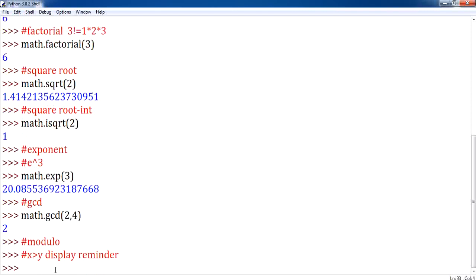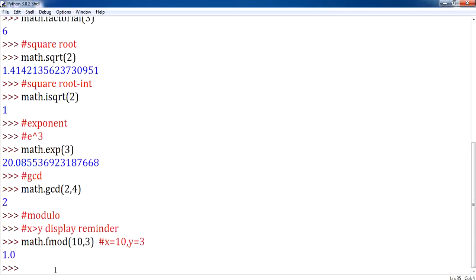For example, let me give math.fmod for modulo, and here let me pass 10 and 3, where your x value is 10 and y value is 3. Now it displays your remainder value as 1.0. Here your remainder value displays only in float type.